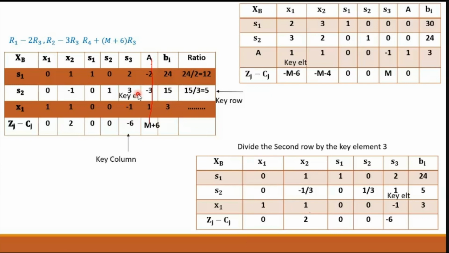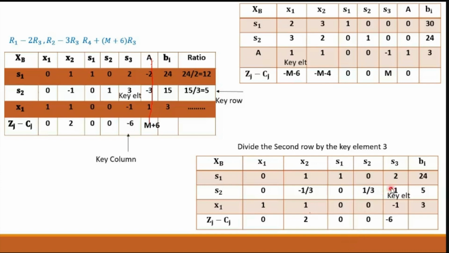Any doubt? यहाँ से तो सेम ही है, एक आर्टिफिशियल वेरिएबल का एक्स्ट्रा आ गया था, उसको हमने रिमूव कर दिया बिकॉज इट इज नॉट देयर इन द बेसिस। बाकी तो सब सेम जैसा हमने सिंप्लेक्स में किया है वैसे ही करते जाना है। जब तक zj माइनस cj पॉजिटिव या जीरो नहीं आते, कंटिन्यू दिस प्रोसीजर।